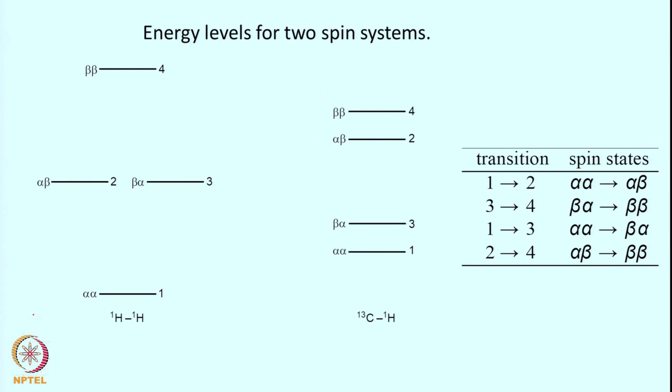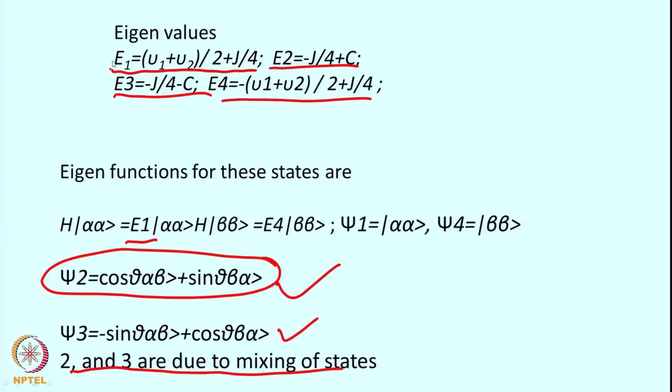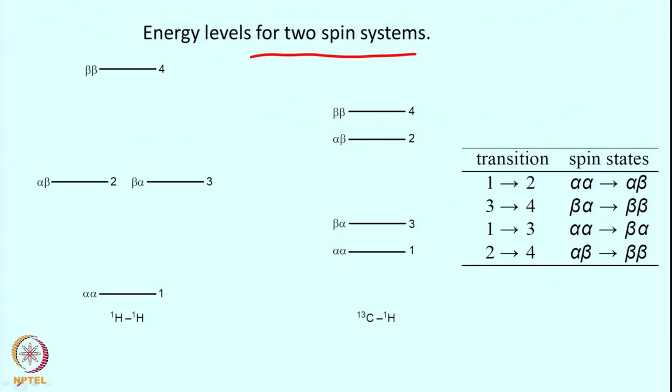So, here we are talking about the energy levels coming from the states, and in the previous slide we calculated E1, E2, E3 and E4. So, where are those? Here. So, the alpha alpha state gives E1, and here we have E2, and E3 and E4. So, these are states alpha alpha for proton proton coupling. Here one can take it also as carbon proton, but this is not an AB system, but anyhow, this is the kind of 4 states that we are giving. So, in this case we now define the 4 energy states for such a system.